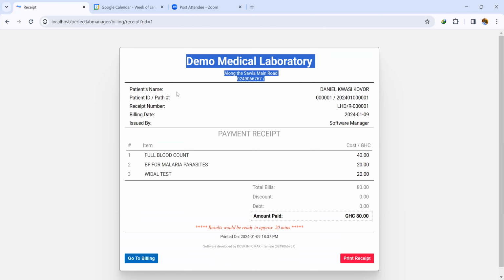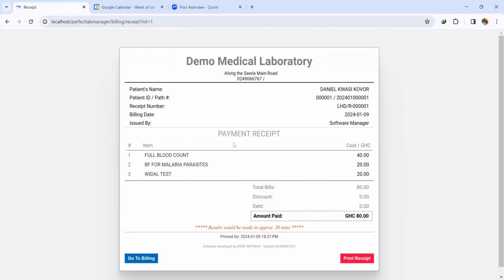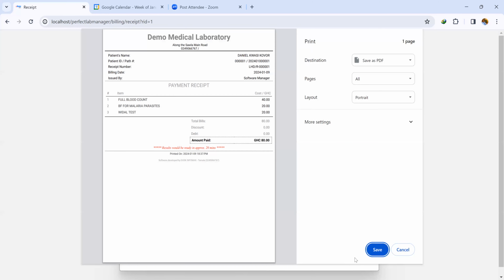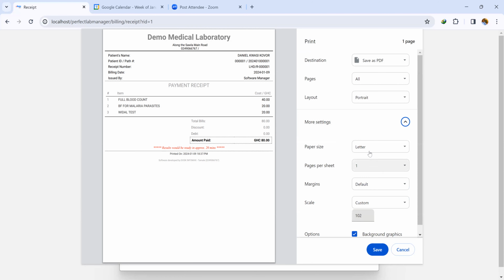We have the patient information, the test the person is doing, the total bill, the amount the person paid, and then if they have debt or a discounted amount. You could always print your receipt in whichever format. If you're using a point of sale POS printer, you could always do that one. So if it's a POS printer, mostly you have those ones